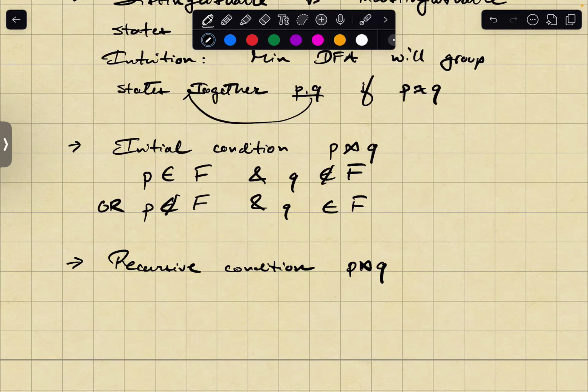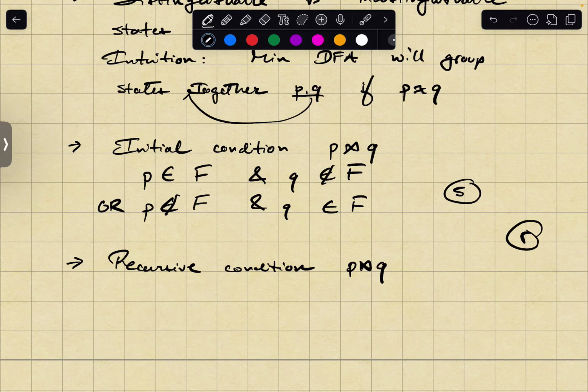It's very possible that I have two states, S and R. They're both not accept states, but maybe they're doing different things. So just because they're not different in terms of acceptability doesn't mean they're indistinguishable. The idea is that pairs of states can also be distinguishable if they lead to distinguishable states,